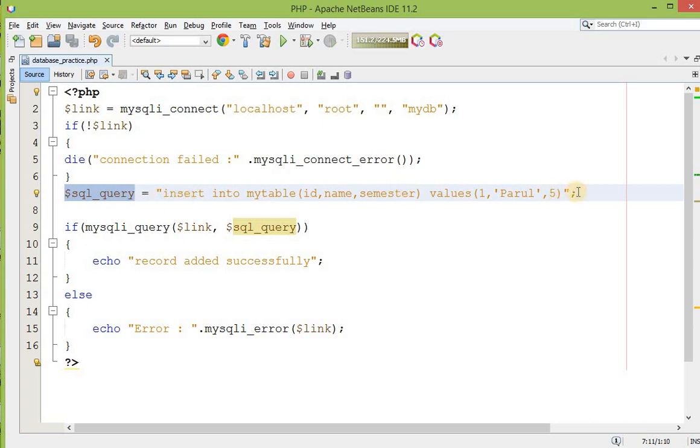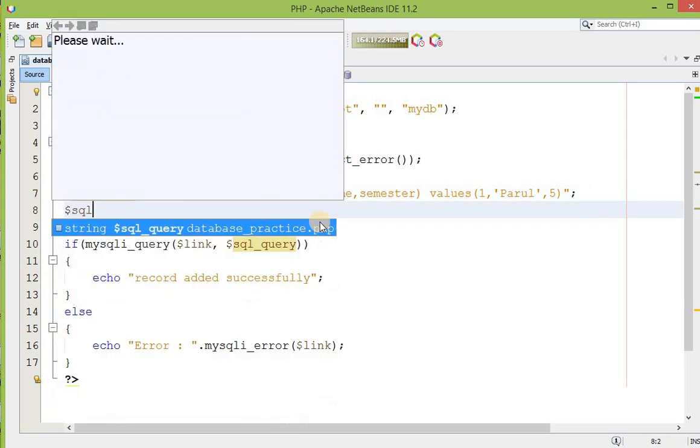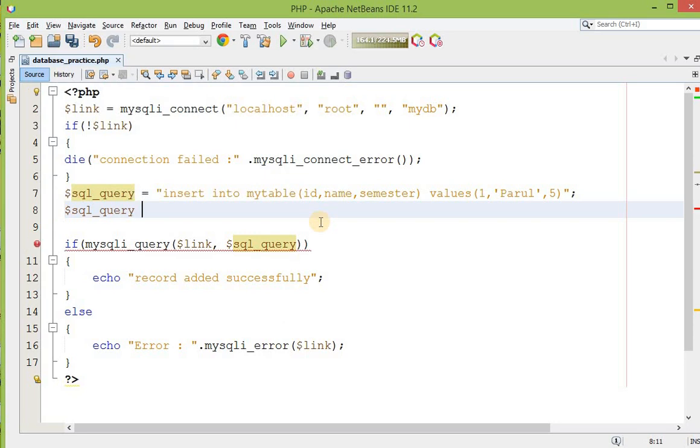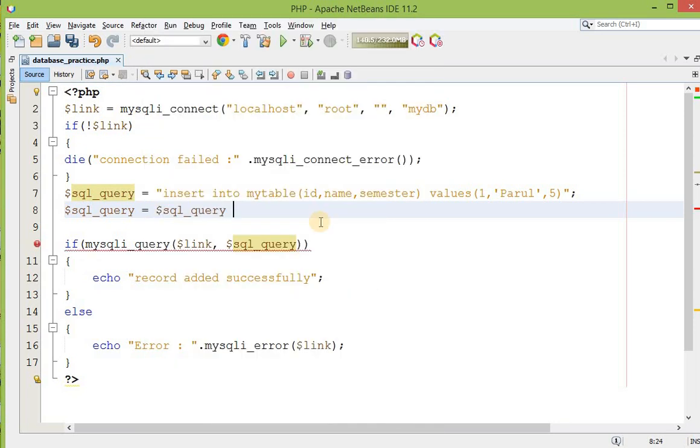Now what I am going to do is SQL query, and now I am performing a concatenation operation using the dot operator. So dot equals, what does it mean? It is exactly the same as SQL dot and after that my query, but as a shortened notation, I can also define it like this.